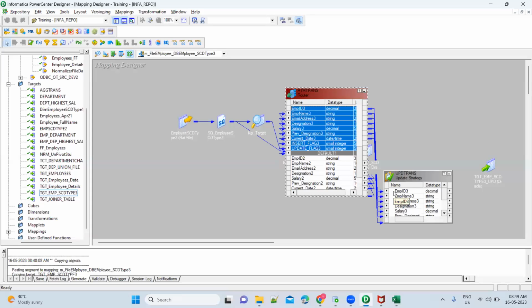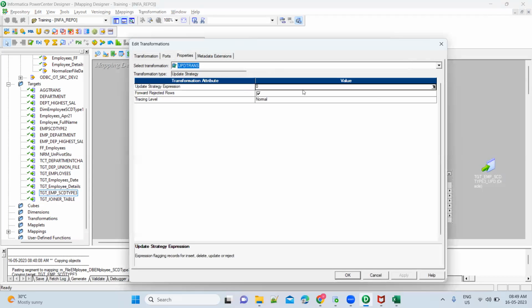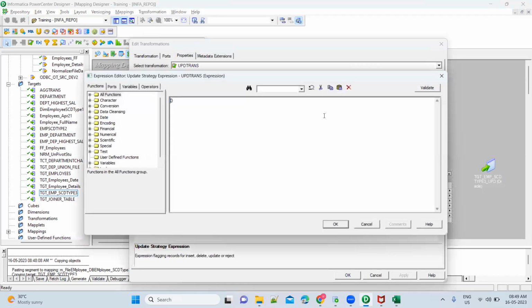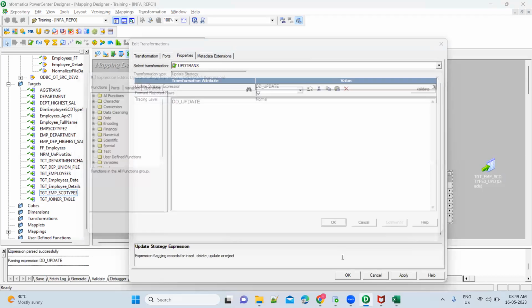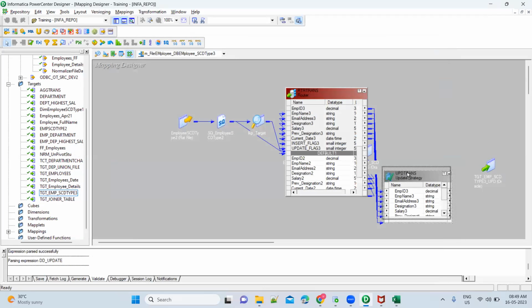So what we need to do? You need to pull it into employee ID, designation. First, we have to go here. We have to make the size DD update, right? Apply. Okay. Now you need to link